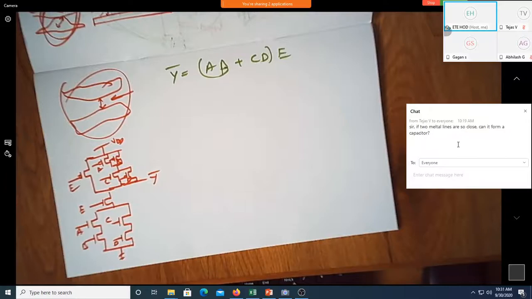That is one of the major problems in VLSI. How do you minimize the interconnect capacitance? That's a whole research area. There are people working on minimizing the interconnect capacitance, because when you have wires, there is a capacitor formed which is parasitic, which I don't want, but it is coming because of the physical structure of the metal lines. So we should always minimize that. That's fine. That's a good question.